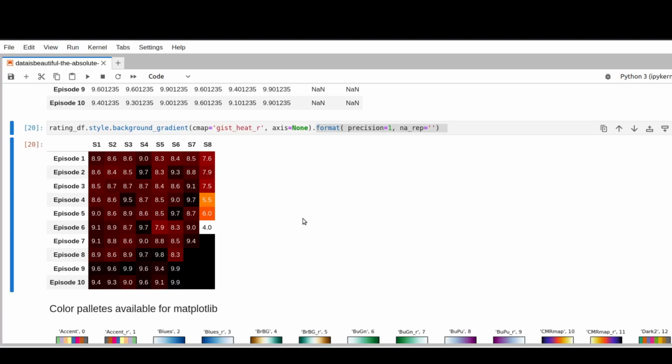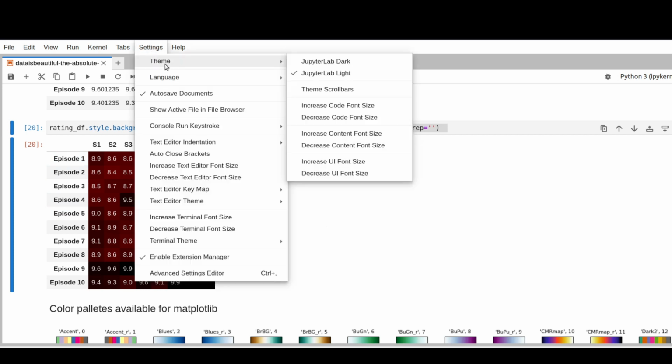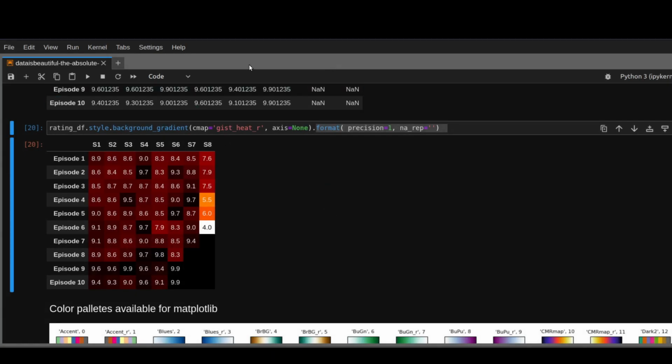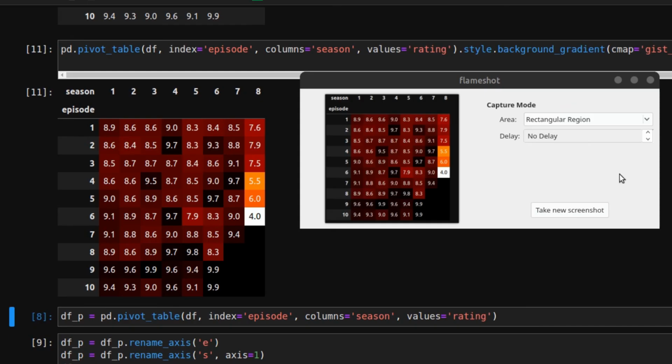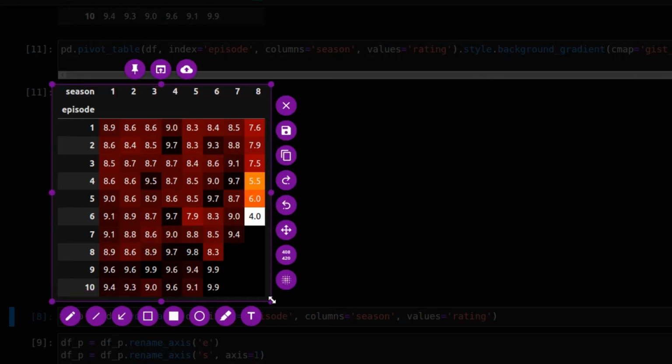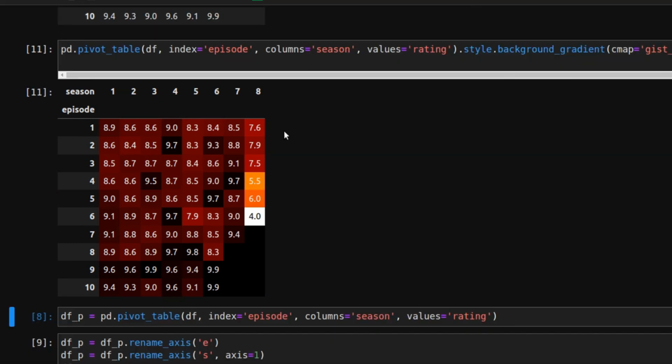For the last step, we'll need to copy the table to add to our image. But because the image is dark, we don't want this white background for the labels. We can change the settings and the theme to dark. This way, it's more appropriate for our case. But if you are using a lighter image, you may keep the theme. For the snipping, we use Flameshot, but you can use another one that you prefer. So we just select the table